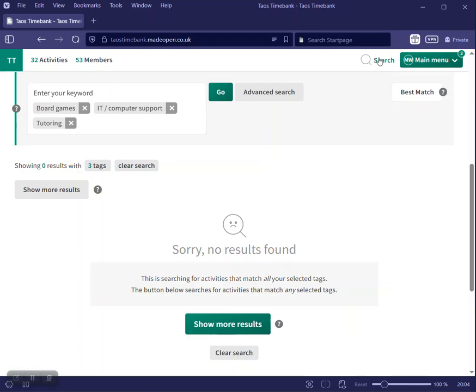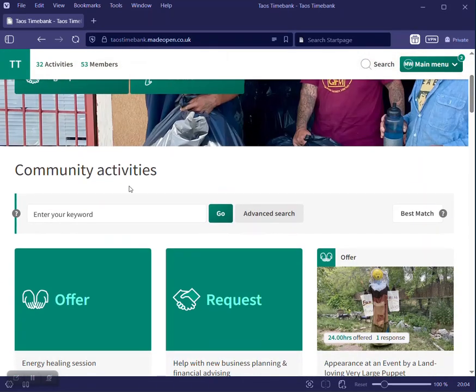All right, so to sum up, the search icon at the top of the page lets you do a couple different kinds of searches, but don't use the member search because that really doesn't work well. Just go to the members page and look. When you're searching for an offer or request, think about what words might appear in the title or the description and try the keyword search. So again, that's the keyword area right here. Try putting in a keyword that you think would appear in the request or offer that you're looking for, and then click the go button after you do that. You can also try searching for a suggested tag,